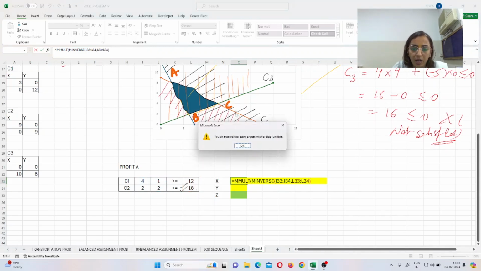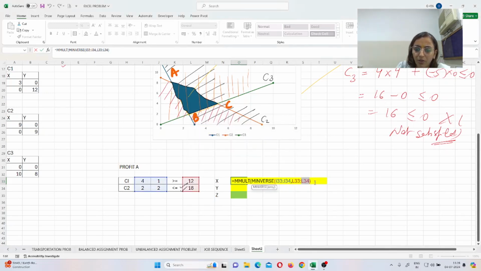You entered some arguments in this function. Again, we just hide it, a comma, then the array. Okay, see, I33 and J33 are being selected, right? The comma is okay. We have to close the bracket after the MINVERSE, then only can we go for that. Okay, getting your point. But the mistake we made: see, we selected the MINVERSE value. After the array, we have to close the bracket.